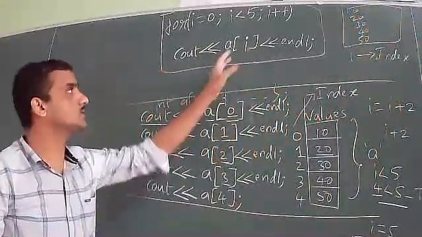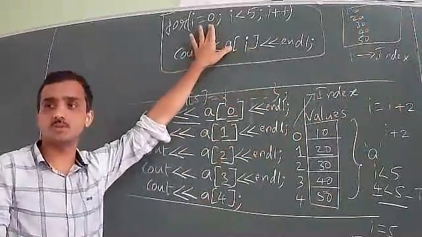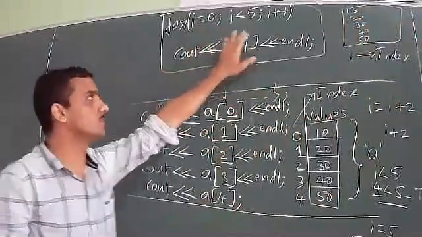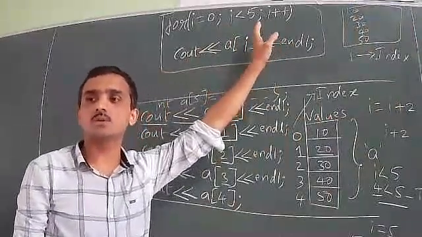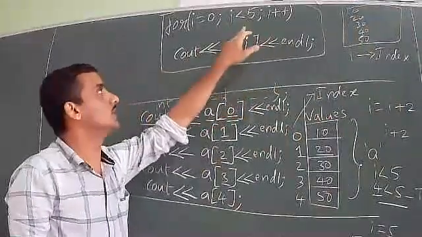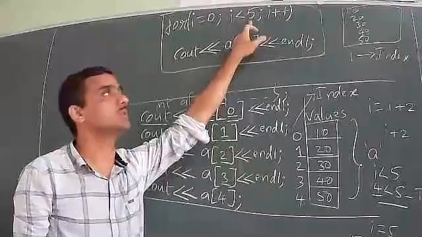You need not add this code, you just remember how we have achieved it. The initial value is 0 because the index value starts from 0, and it will increase by 1 each time, so we have taken i++. If it was decreasing, then we would have taken i--. And the final value, that is the maximum value, what we are storing is 5 units. So I have to take i less than 5.